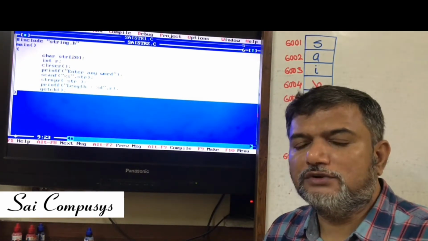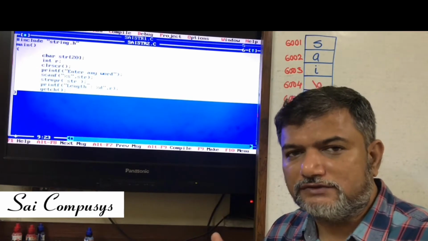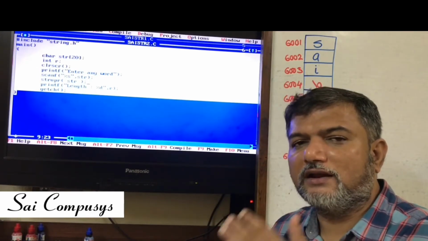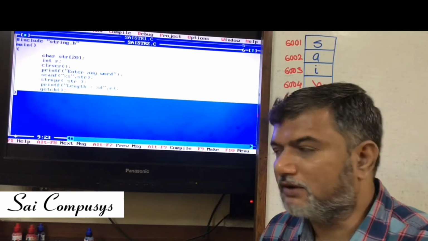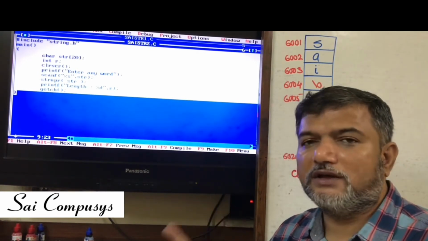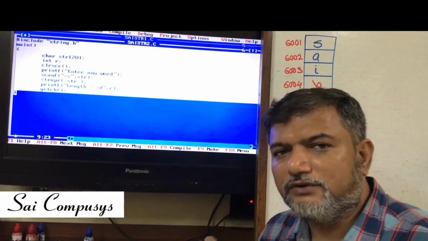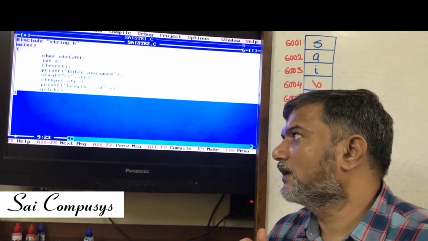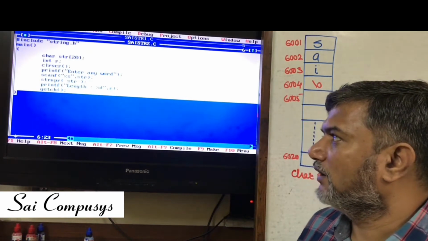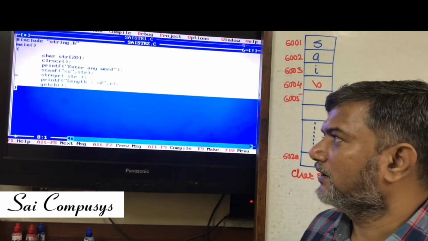Obviously, what it will do is check each character of the string. If the encountered character is lowercase, it will replace it with uppercase. So, strupr is a function which converts every character of the string into uppercase. If I wish to use it now, this is what I should be writing.